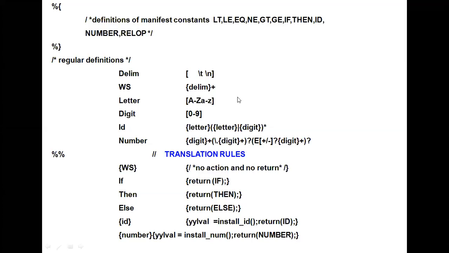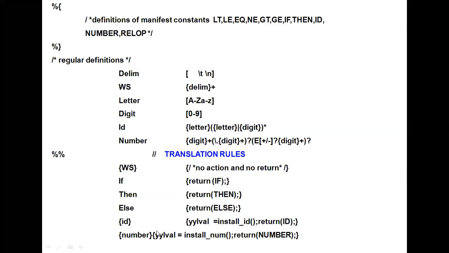The specification file can be written in three parts. What it means is, the lex program consists of three parts. What are those? The first is the declaration section or declaration part. See where the cursor is here. The second part is the rule section or translation rules part.